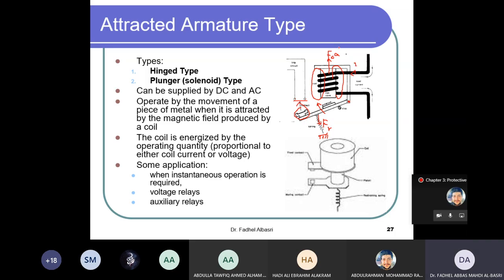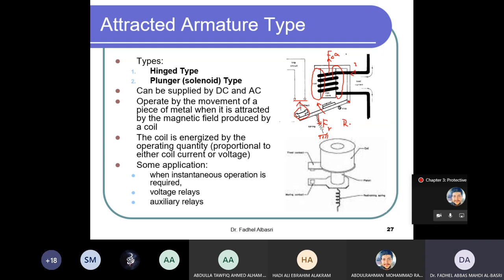Okay, so this is proportional to the square of this current. If this force is larger than the spring force, this contact will be closed. So we are here comparing forces, this type of operating force versus the restraining force. So the relay operates if